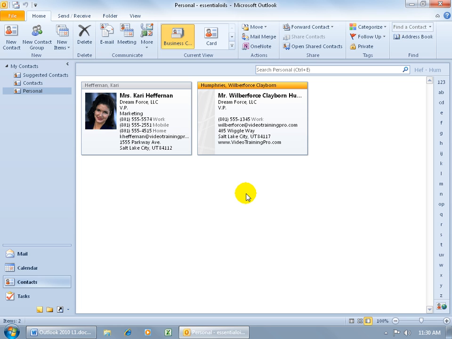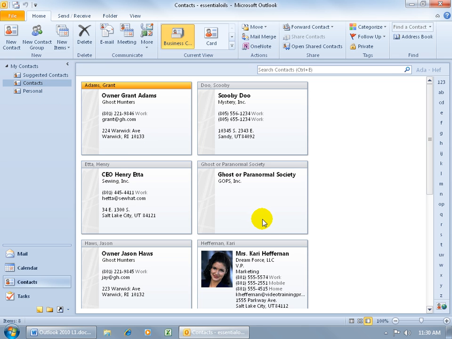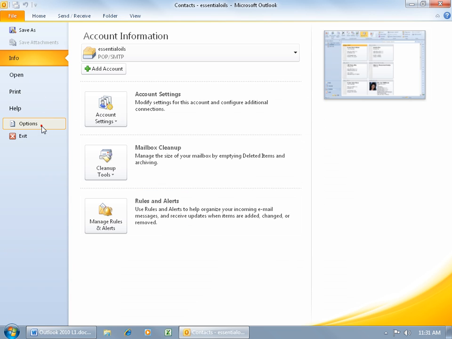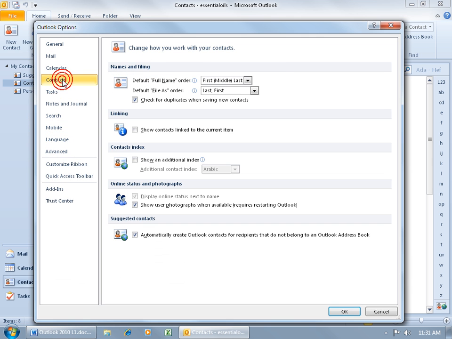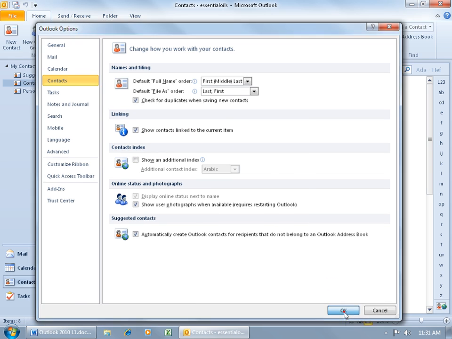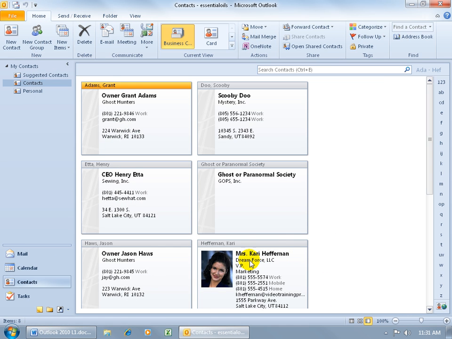I mean, you can do it that way. Just close out of everything and then open it back up so you're not like, hey, Kurt gave me a bogus training video here. Okay, I warned you. In any case, they're all closed out. Let me go back to the contacts folder, because that's the contact I'm going to be linking to Mr. Humphreys in the personal folder. Doesn't matter which folder, just close out of all the contacts, come up here, click on the File tab, go down to Options, go to the contacts category, and then check Show Contacts linked to the current item, click Okie dokie, and then you can open up the contact, Carrie Heffernan,